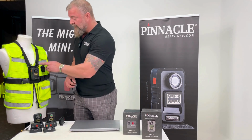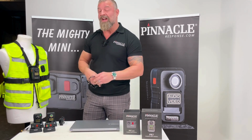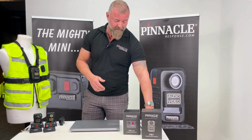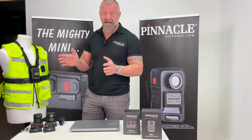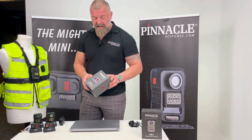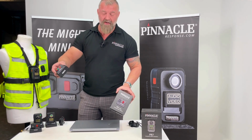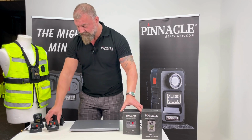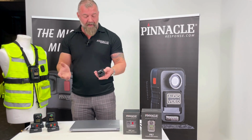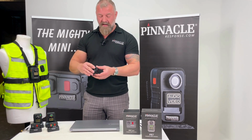Equally, when it comes to the harness, we're proposing supplying the chest harness with the camera, well, PR7 specifically. If that doesn't suit you, we have a myriad of different options for all shapes and sizes. So there's plenty of options there to swap about with. Something similar for the PR7 Mini. Again, everything you need in the box. Similar kind of setup, just a slightly smaller charging dock and uploading dock than the 7. Instead of a rather robust chest harness, we propose our magnetic holder. So again, there's a YouTube video on that. You can have a look at that in a bit more detail if you wish, but